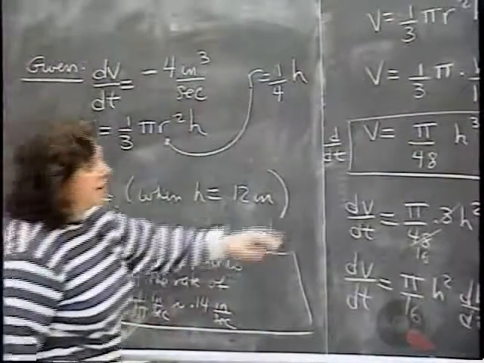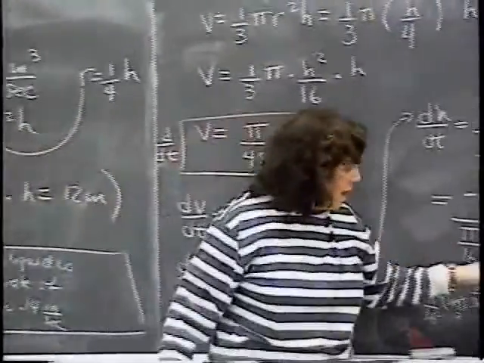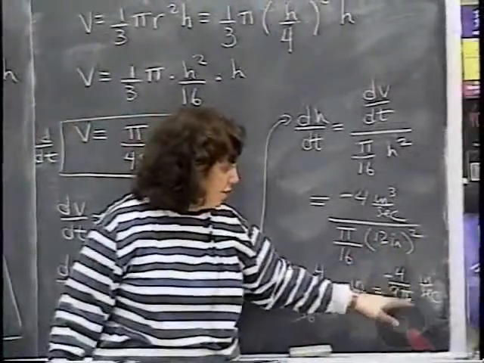Okay, so either write that dh/dt is minus 4 over 9 pi inches per